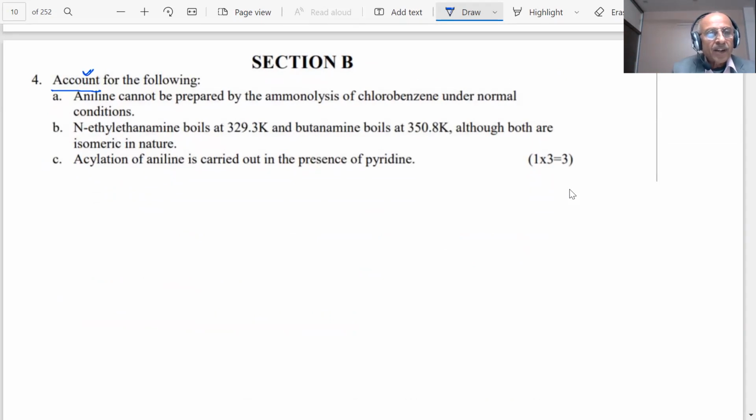Account for the following. Let us see what answer we are giving. A, aniline. You already know, students, what aniline is. This is my aniline, C6H5NH2, which cannot be prepared by ammonolysis of chlorobenzene. This is your chlorobenzene, and to make things clearer, I am writing the Lewis electron dot structure. Now, what do we mean by this? When I say ammonolysis, students,